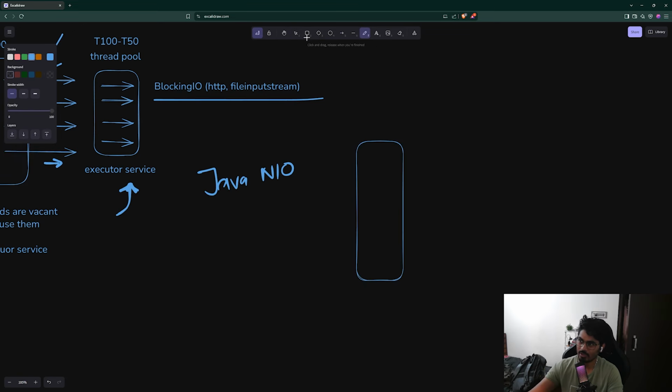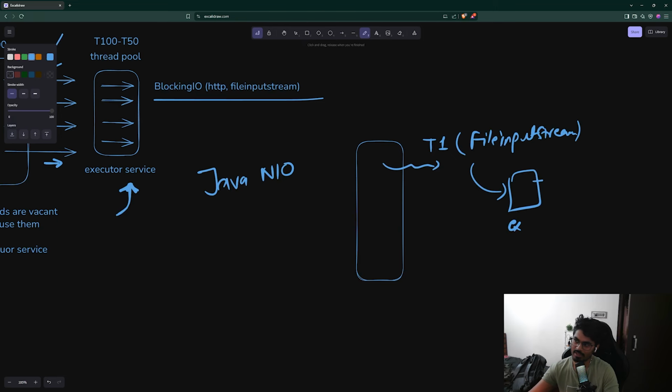What will happen? You want to read some file. T1 is not using file input stream, because file input stream, once it is opened, is blocking in nature, right? And if you are using file input stream with future, it will use nothing but an async executor service, and that thread will be called. But if you are not using file input stream, if you are using channels,